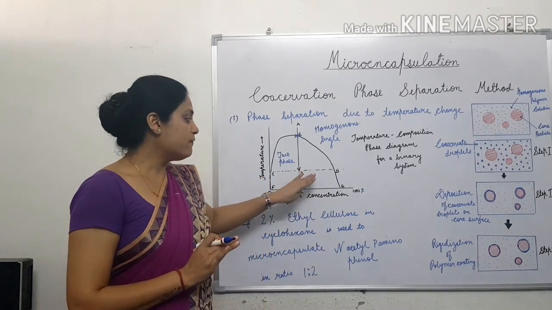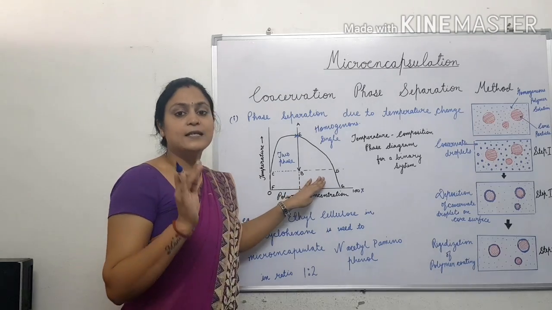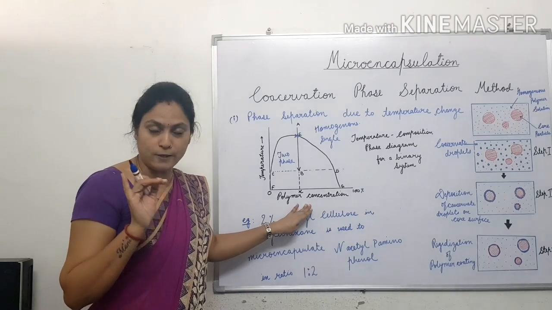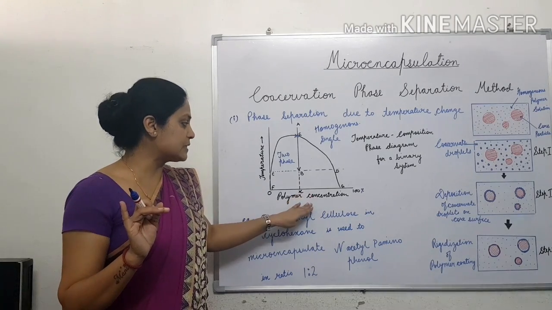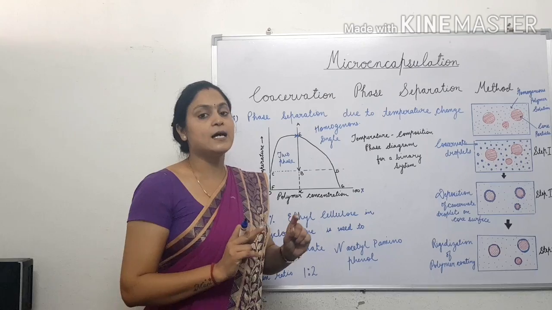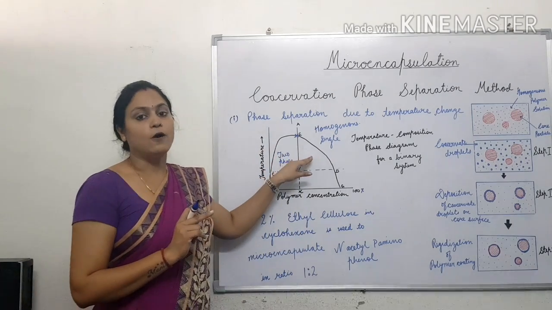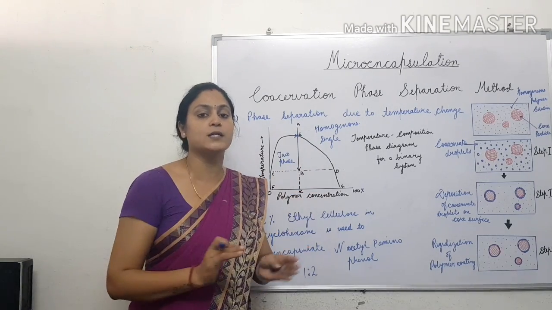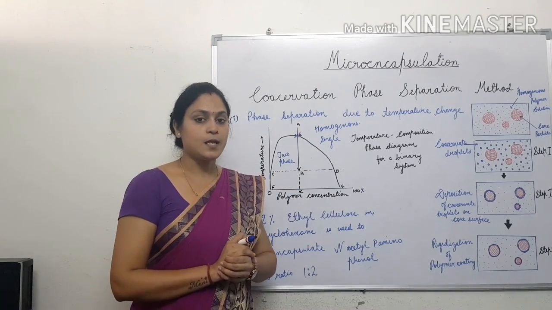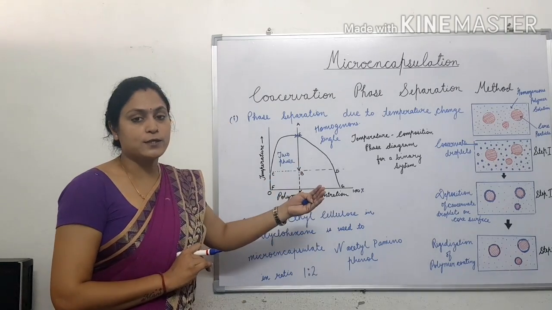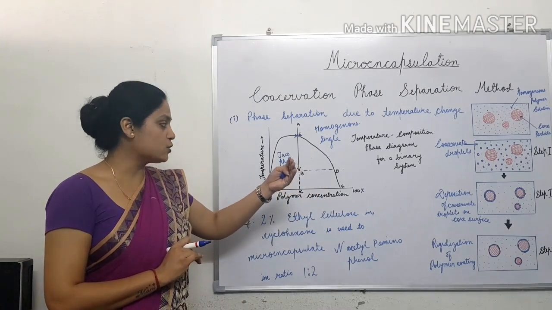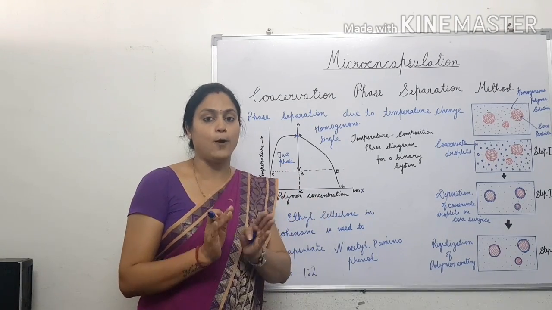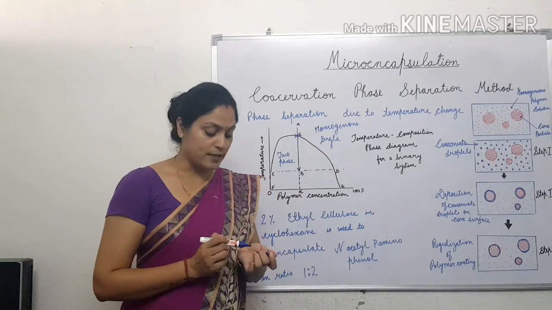So if the conditions are standard, that is, proper agitation and proper concentration of the polymer, and the core is present, then these liquid droplets of immiscible polymer, produced due to the decrease in temperature, start depositing over the solid core material. And when desolvation is done, when the solvent is evaporated from the system, due to gelation of the polymer, rigidization of the coating occurs.